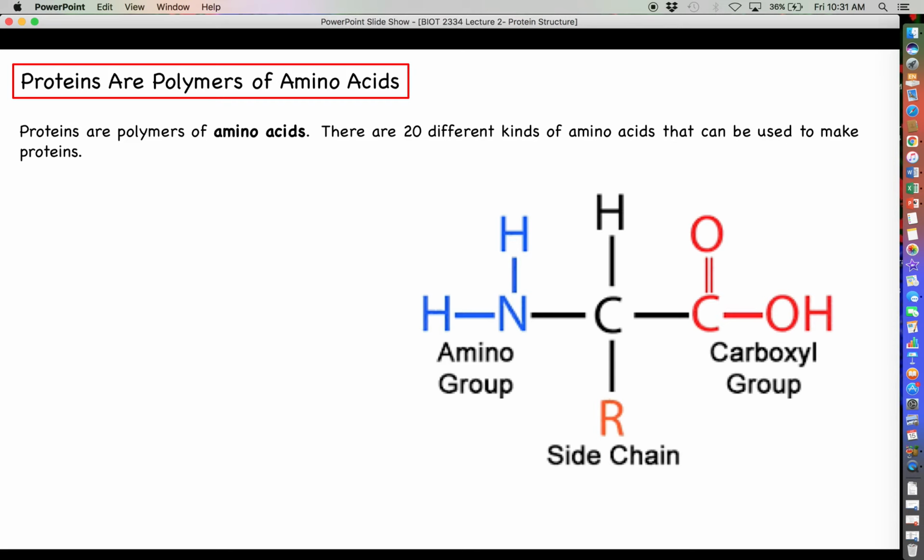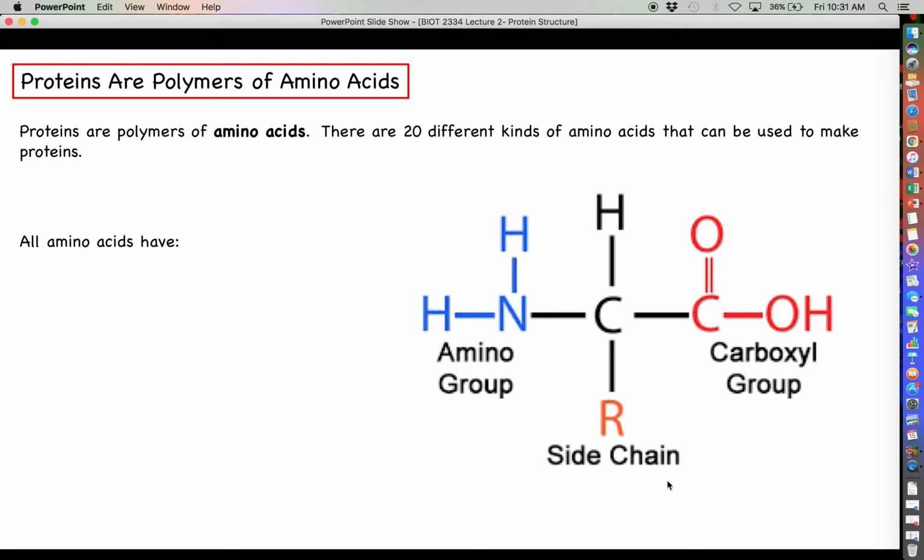We can make a big, long polymer of amino acids when we're making a protein by sticking any of these 20 amino acids in any order that we desire. So there are 20 different types of amino acids that we can use to make proteins. Something that all 20 of those amino acids have in common, if you look at this amino acid here,